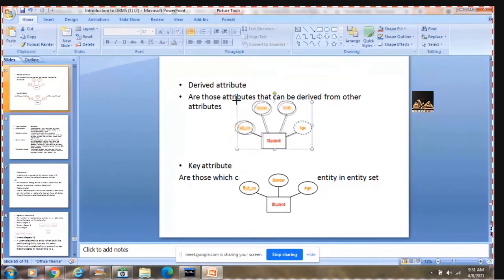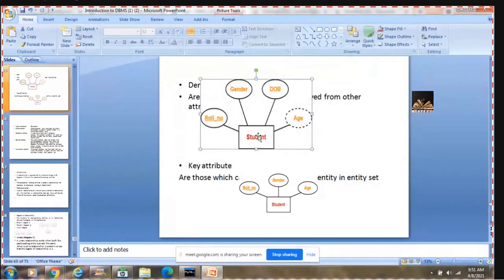So I'm taking the student. Here, age is a derived attribute, which is represented using dotted ellipses.